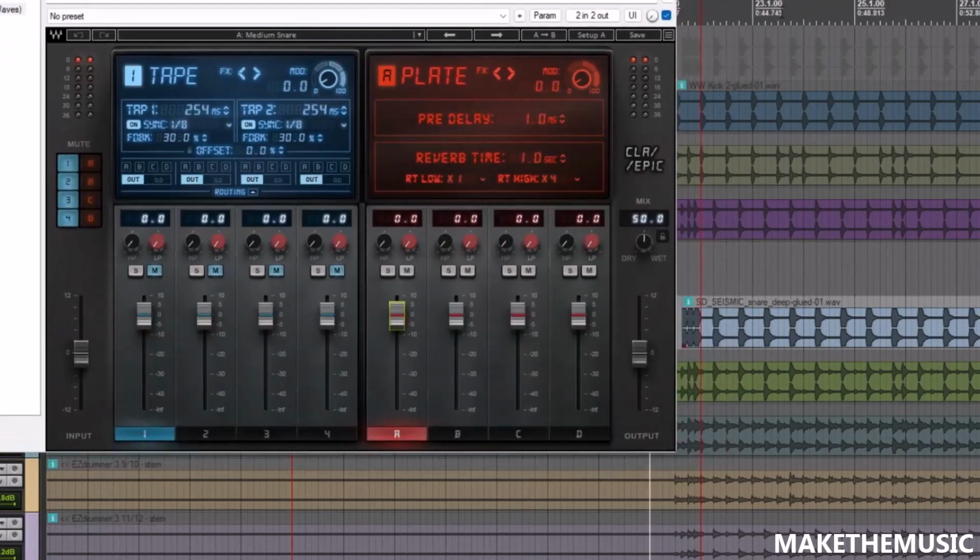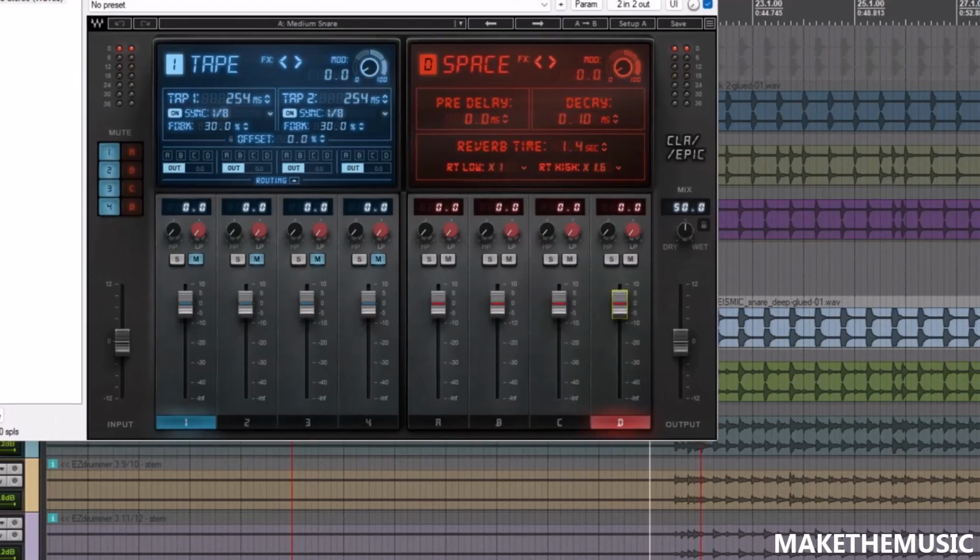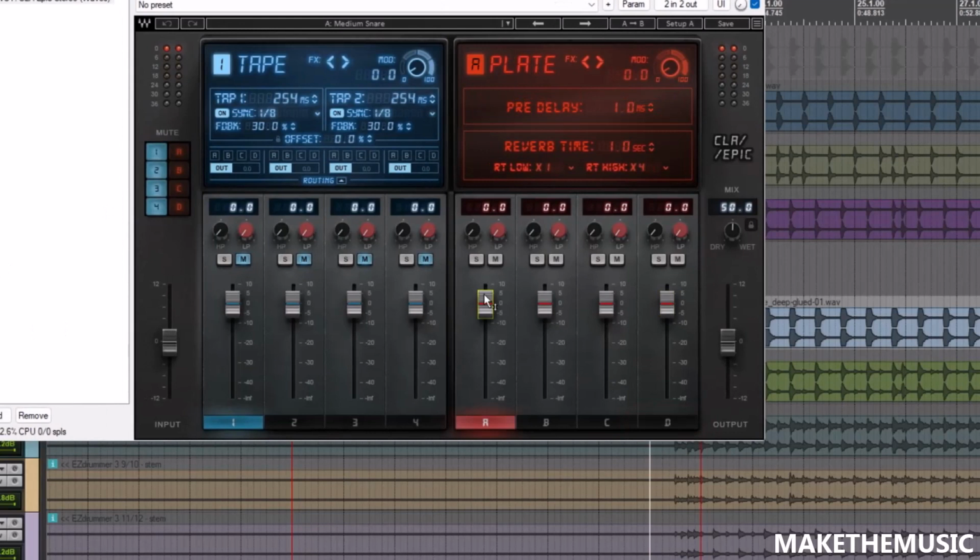And there are many different kinds of reverbs, but a plate tends to be more of a roomier sounding reverb. A hall is going to be, as it implies, a long reverb, like you're in a big space. A room is going to be much tighter. It's going to have more reflections. And then this space is just sort of a custom one that goes on for a long time. So I'm going to break down what each of these are sounding like. So if I turn up the volume of the plate, for example,